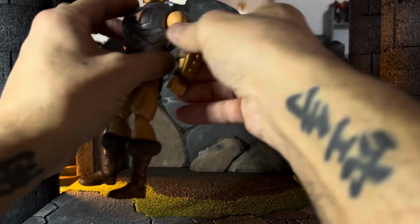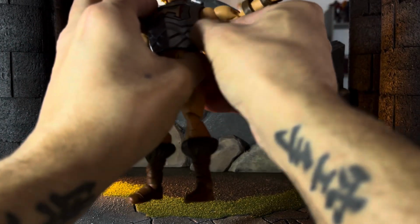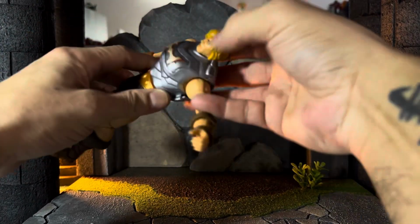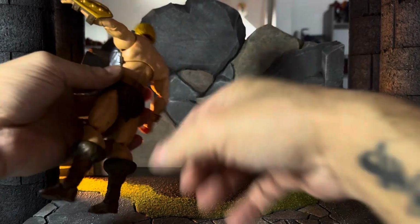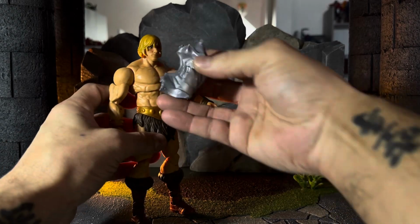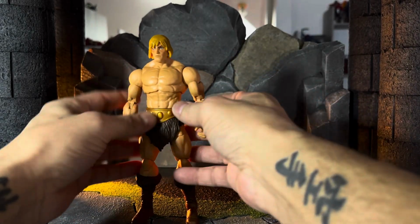Let's see. There we go. So just pull it. Pull it. I mean, it's a different mechanism than the one that we're used to historically, right? With that triangular piece and you snap. Yeah, this,